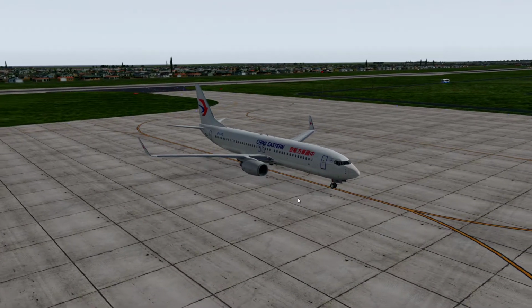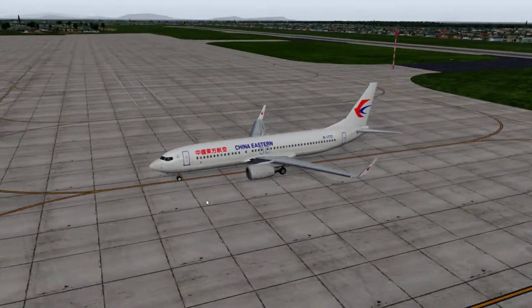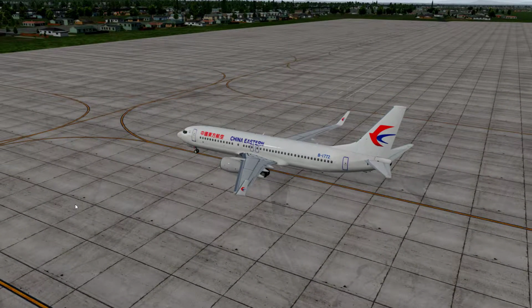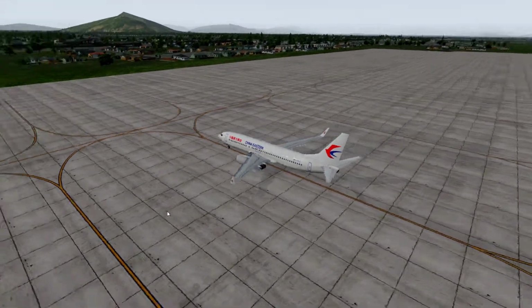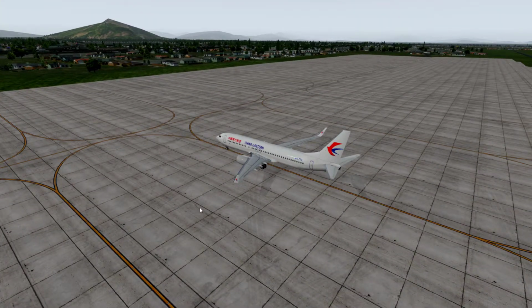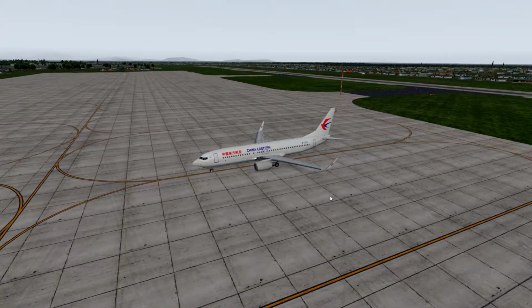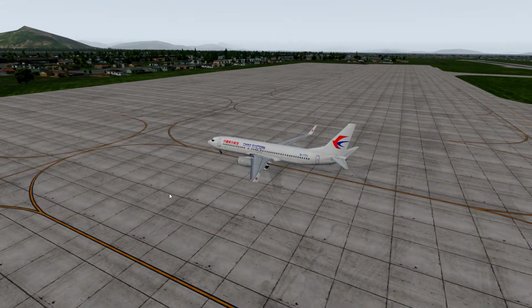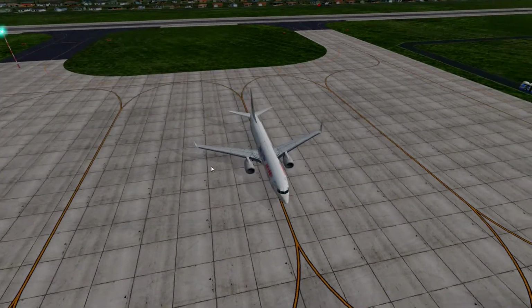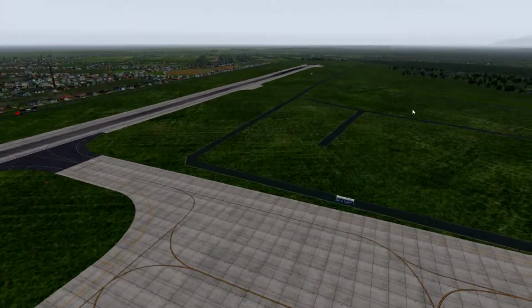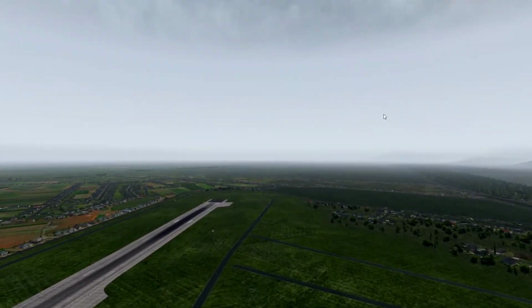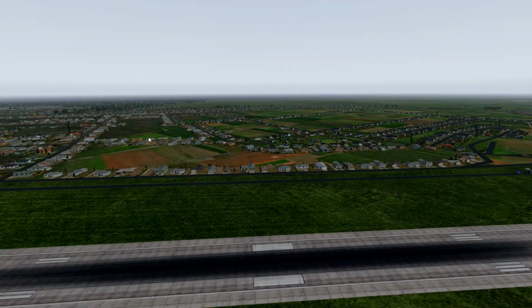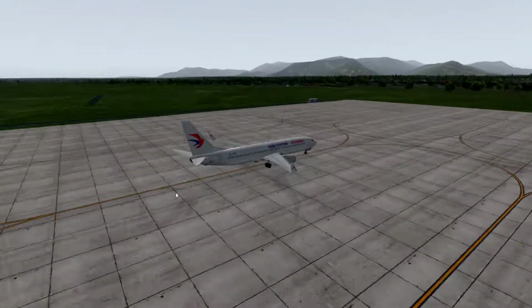This is Bengzhou in China. I don't have the airport here, because China is very big and I don't want to download all the buildings and everything, but some are here and some are not. This is one that doesn't have an airport, but we are placed just at the end of runway 03. I think it's down there. Yep, it's 03 there. So what we're gonna do now, this is the ZiboMod